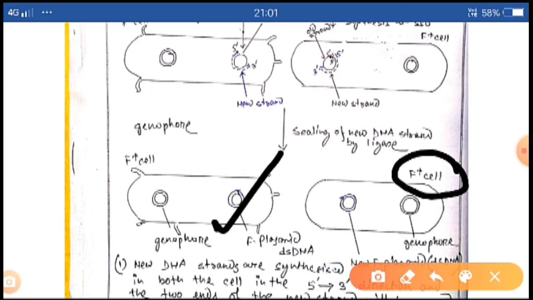Why? Because of the presence of this particular structure. That is, we may say that by the conjugation process the F minus cell has been converted to an F plus cell and there is no change in the F plus cell. That is, the F plus cell remains the same whereas the F minus cell has been converted to F plus. Okay,